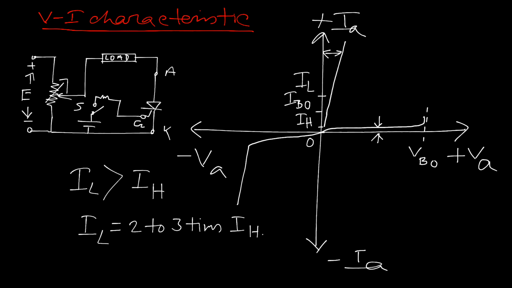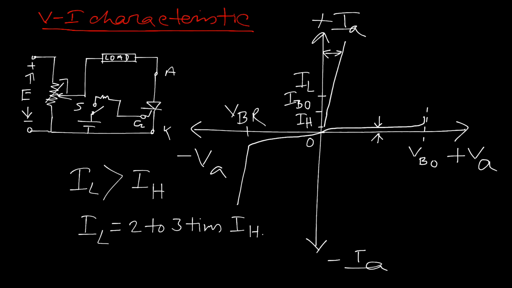This is called VBR, or reverse breakover voltage. This is a critical amount of voltage in the reverse direction. If under any circumstances we apply this voltage, it produces a huge amount of loss and heat, and due to this heat the device can be permanently damaged. That is why reaching this voltage is not our requirement. In all cases we try to operate this switch in a particular, well defined mode.